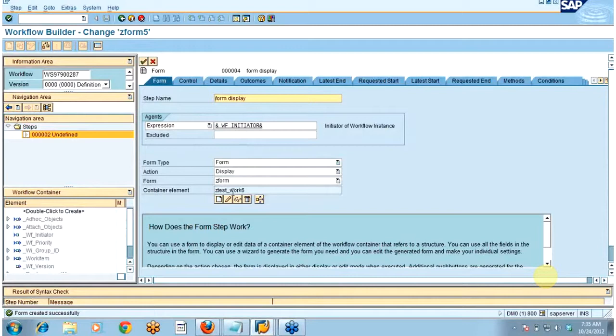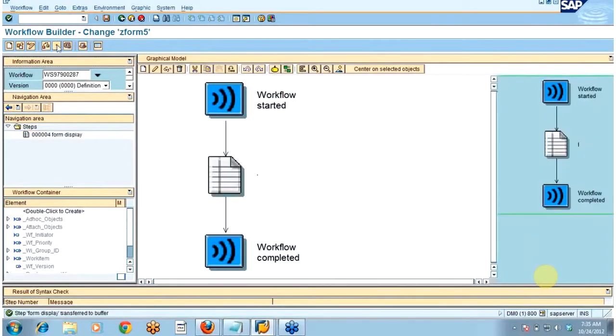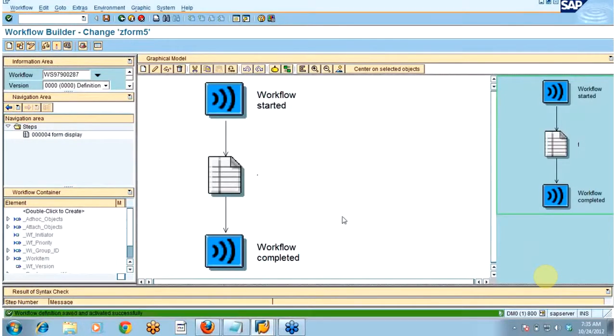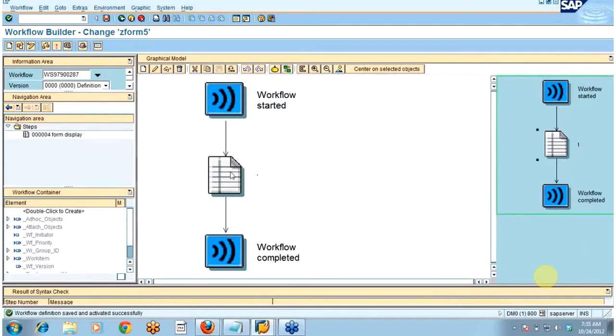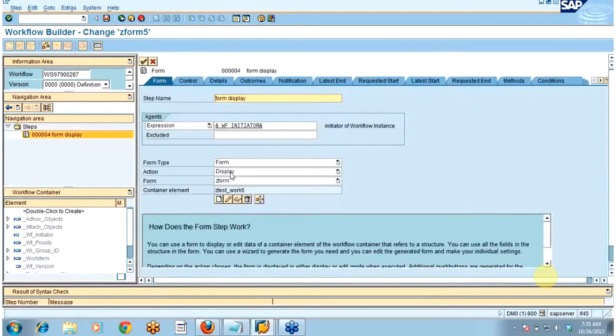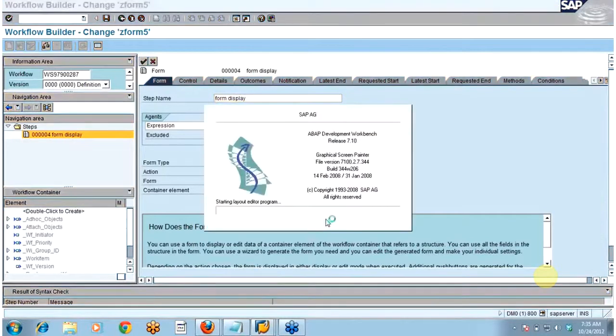Now what I will do, first activate the workflow. Now again I'm moving to this form. First go to the change mode. Let me show you the form.